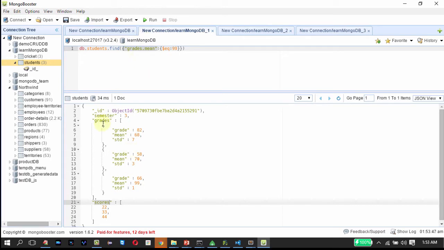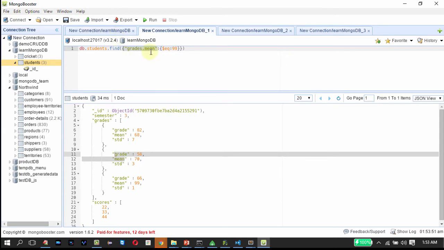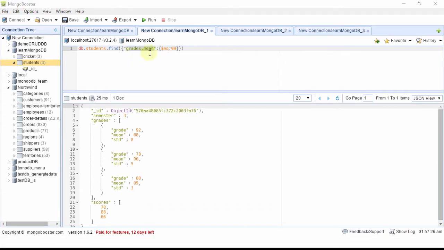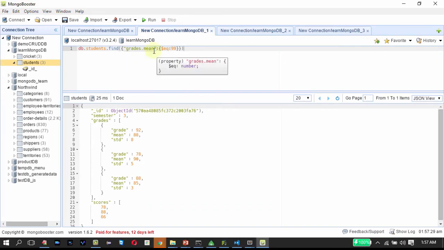But for this, you need to specify grades.mean within double quotes, and then as usual, specify the operator followed by the value. Whereas for a simplistic array, you just need to specify the key and value like this. It's going to fetch you the corresponding document. Hope you understood this. Let me move to the next topic now.